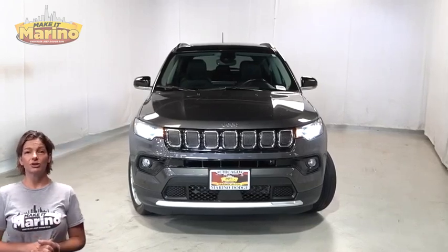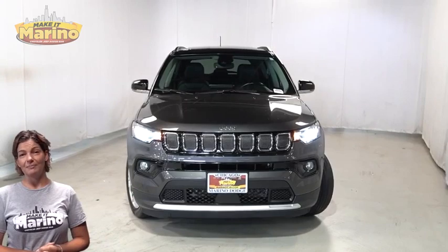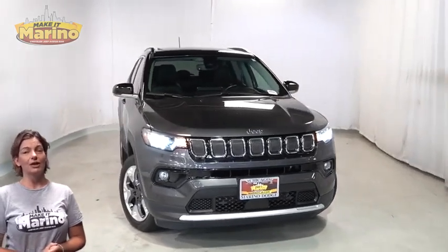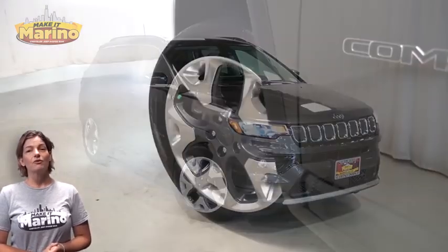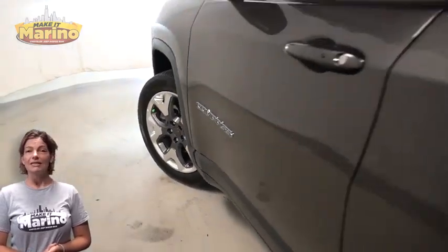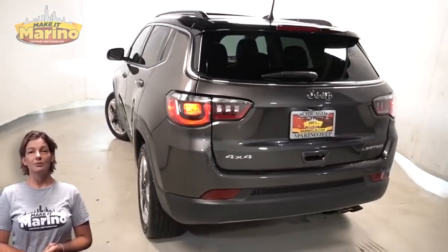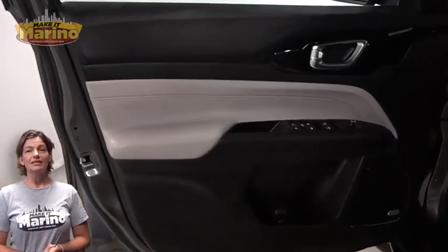If you're looking for a functional compact SUV with reliability and safety for your whole family, then take a look at this 2022 Jeep Compass Limited in granite crystal metallic. With LED reflector headlamps, front fog lamps, 18-inch aluminum wheels, power heated mirrors, blind spot and crosspath detection, heated front seats, heated steering wheel, 19,000 miles on the odometer,